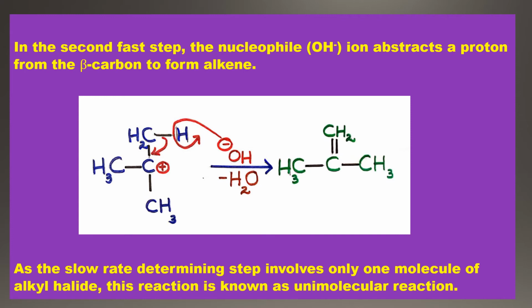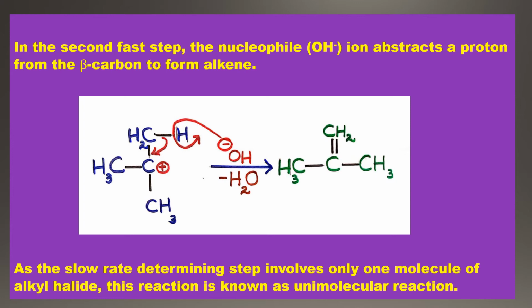So H plus and OH minus, what is formed? H2O. So below the arrow I have written minus H2O. Okay. And now that bond is there, students. H is coming out as H plus, and that H plus is taken up by OH minus. Now that bond will be shifted between the CH2 carbon and the positively charged carbon. So that means a double bond is being formed between those 2 carbons. Look at the product: C double bond CH2 and the 2 CH3 groups as usual.